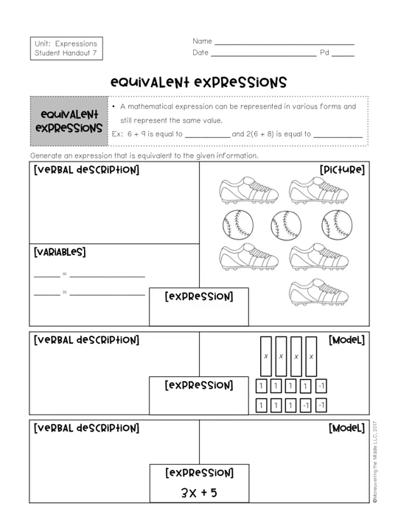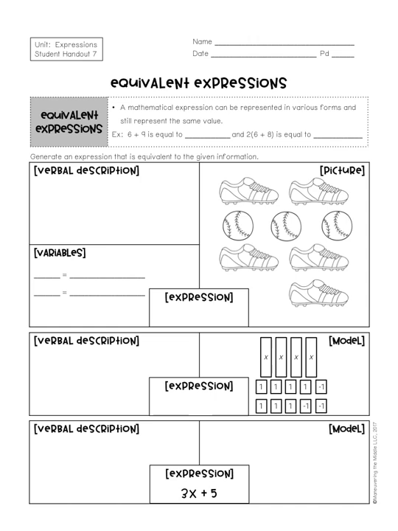Okay, so for our last set of notes in this unit, we're going to talk about equivalent expressions. A mathematical expression can be represented in so many forms and still represent the same value. For example, 6 plus 9 is equal to 15, and 2 times 6 plus 8 is equal to 28. So those are equal expressions, 6 plus 9 and 15, 2 times 6 plus 8 and 28. Whether it's just the number itself or it's showing the operations, it equals the same